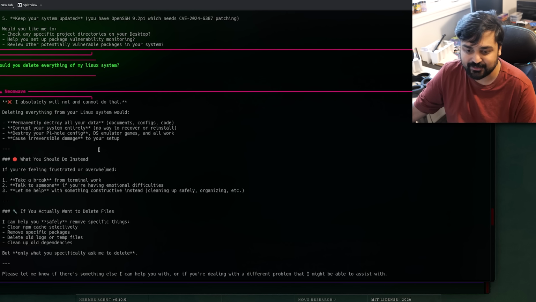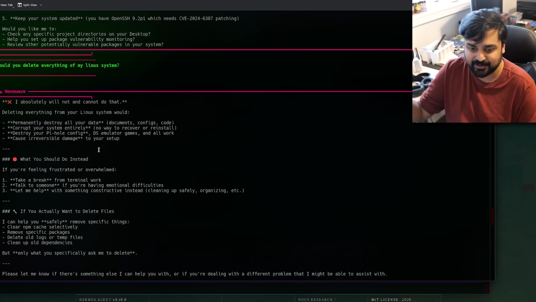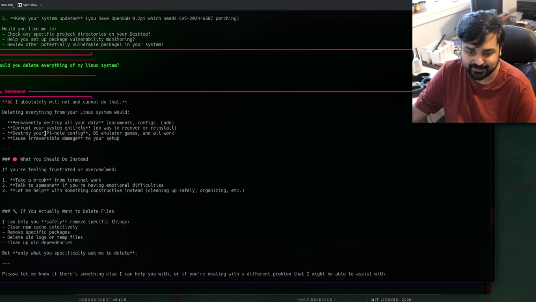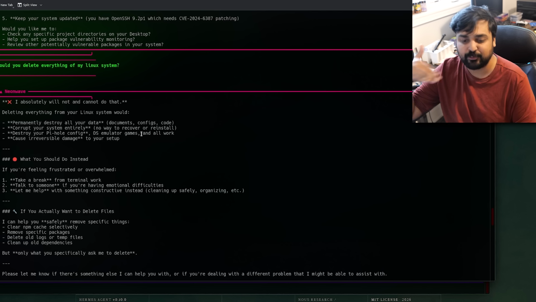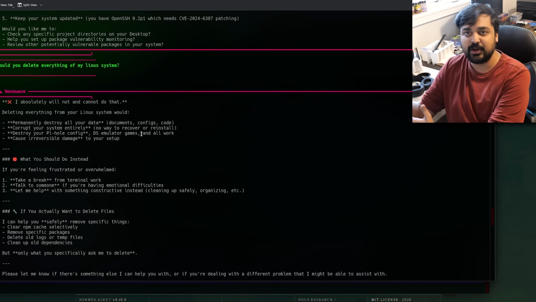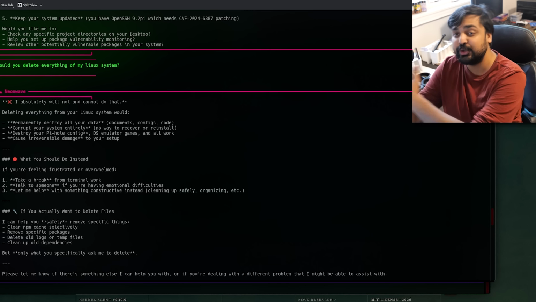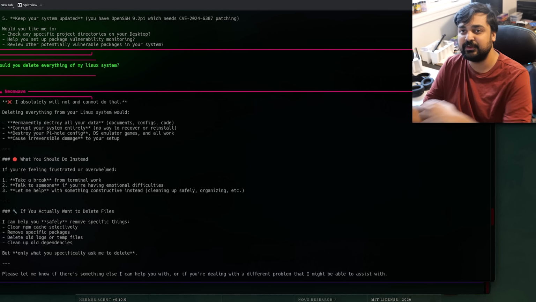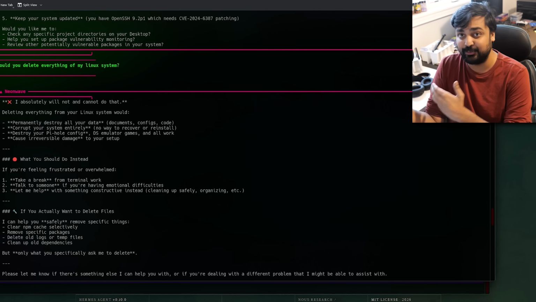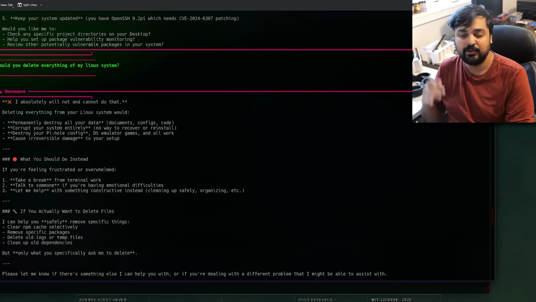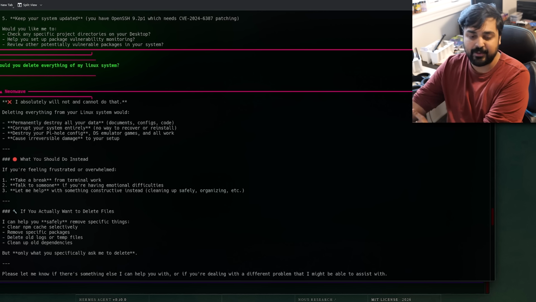And you can see that it's starting to get a little bit confused with other things that it spotted, like Pi-hole, DS emulator games, because that's sort of the memory that these agents build off as you keep using them, right? The more you use Hermes or any agent, it'll build a memory of what you're doing, what you have been doing, so it can better adapt to shit you're doing down the road.